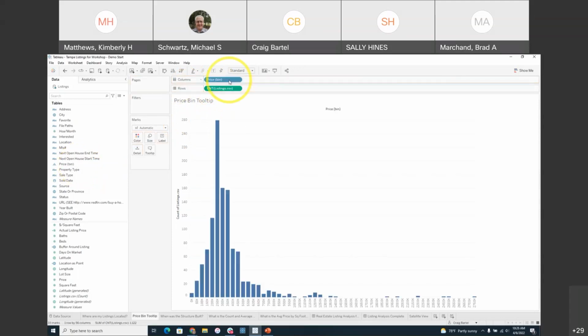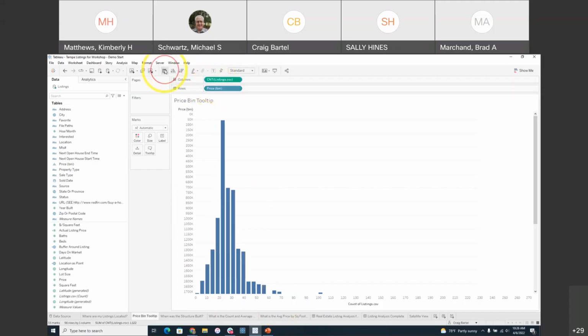It's going to break out that count of listings by price bin. And you see at the bottom how these are all in 50K increments. So I've now created the breakdown by the price bin for each bar of listings. Now, from a visualization perspective, I have to turn my head like 90 degrees to be able to read this. So if I simply flipped these two, so I made price bin in rows and the count of listing in columns, or just simply swapping these axes,